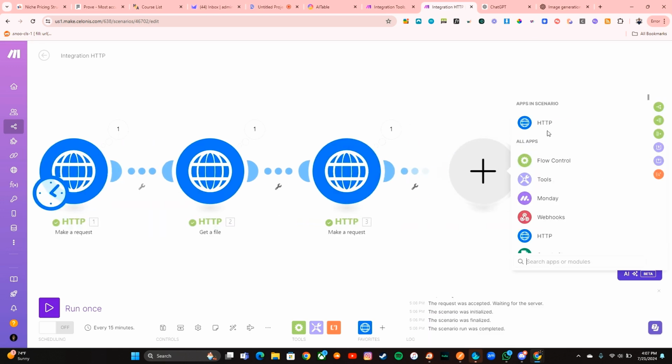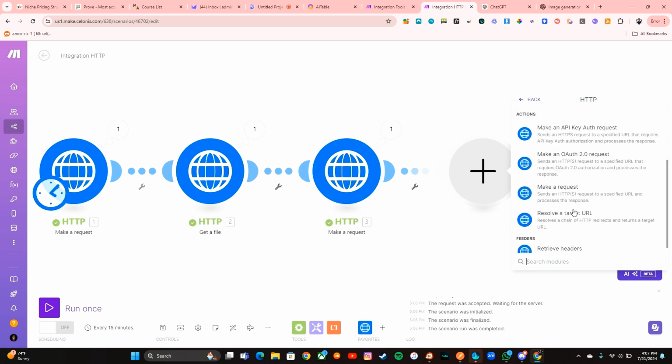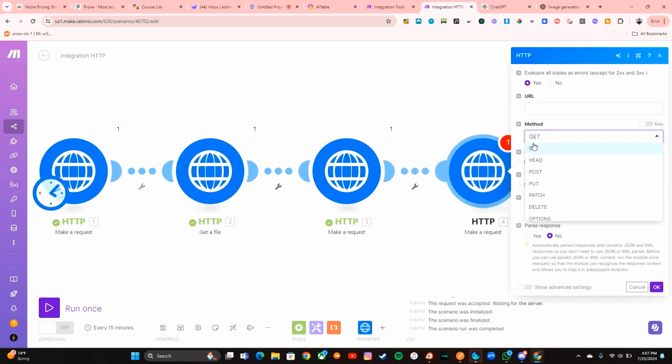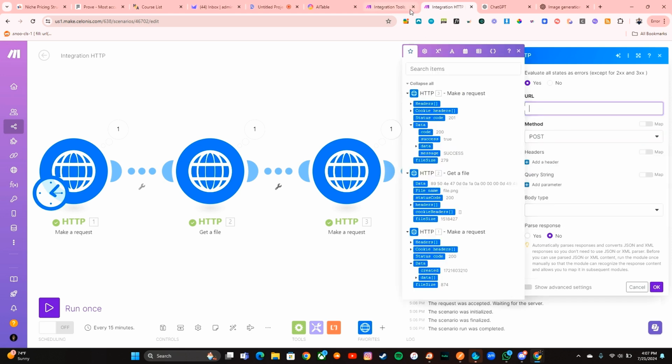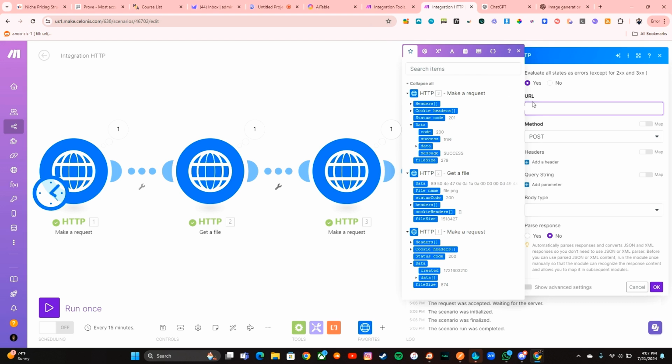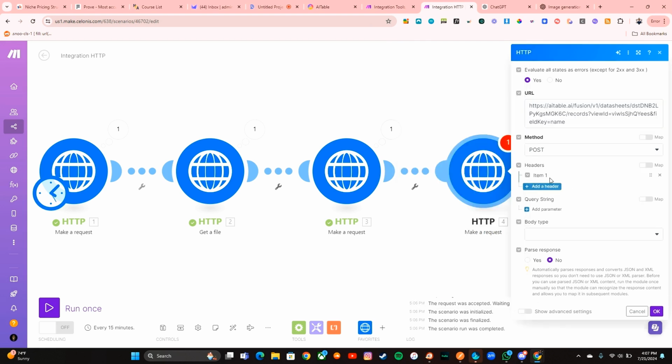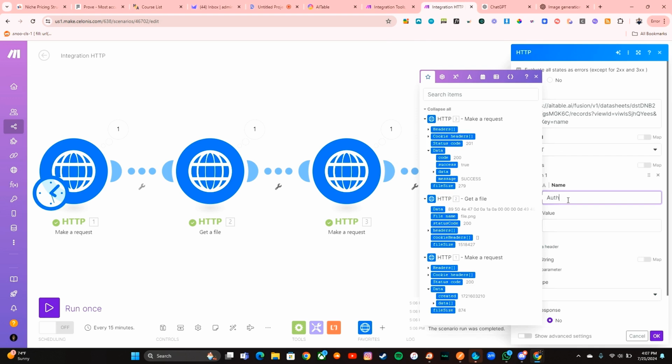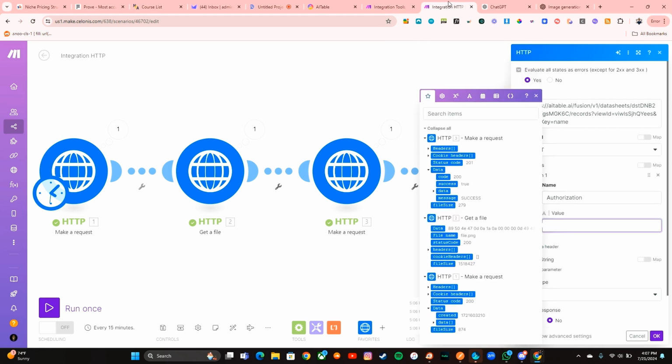So what we can do one more time is come to HTTP. We're going to make another request. Once again, these are all post requests. The URL that we need is actually from the add records. So you can paste that there. They need the authorization.